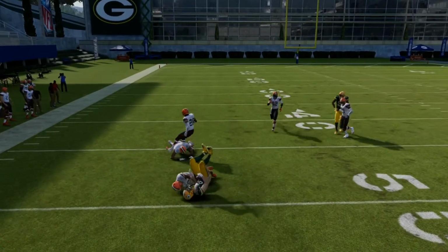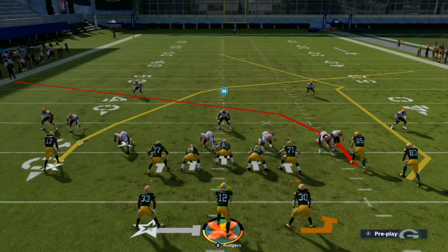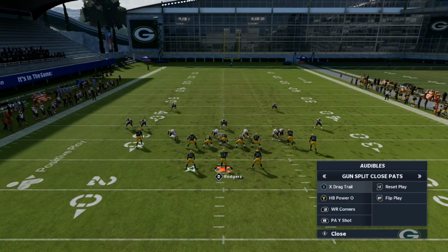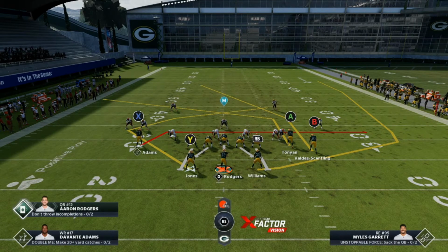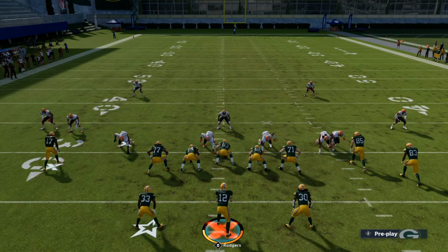You got the drag route, you got that tight end doing that little inside post route, you got the outside B receiver doing that deep post. Your running backs are doing really good routes. This is one of the best plays. You can run this stock almost the whole game and probably win. Let's go ahead and put it against some zone coverage just so you can see that it does work against